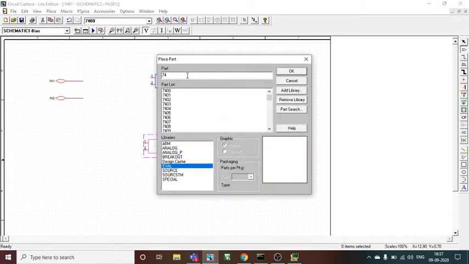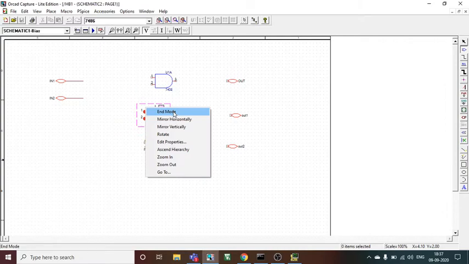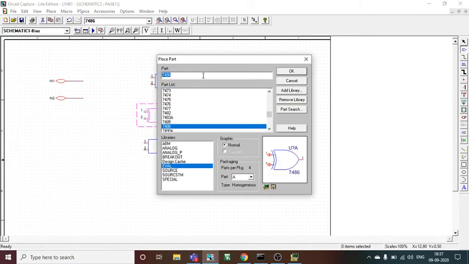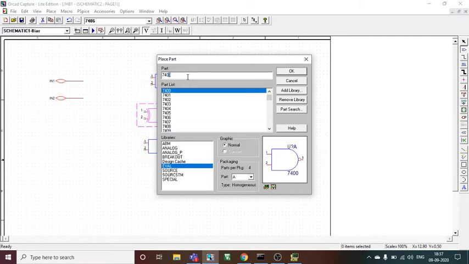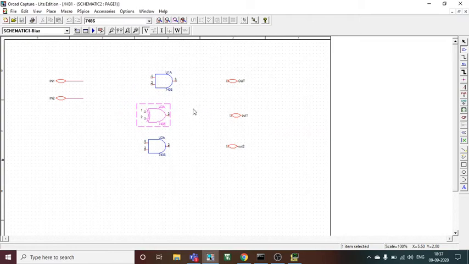So I will press 7486 and place the XOR gate here, but I need a NOT gate because the equation is XNOR. For A equal to B, it is XNOR. So I need a NOT gate. I will press 7404 and place it here. Now this completes my XNOR. XOR followed by a NOT gate is XNOR.